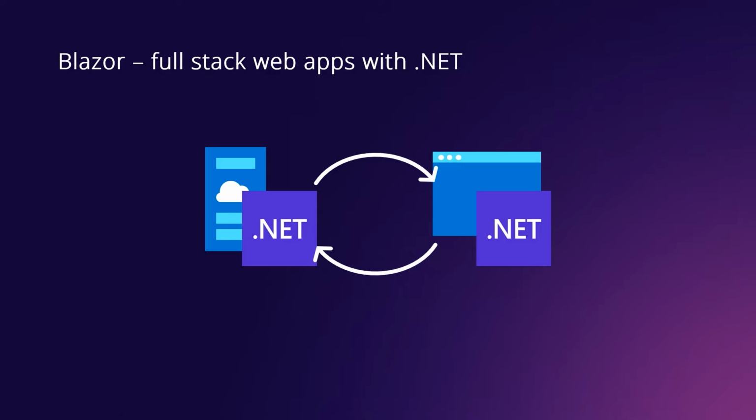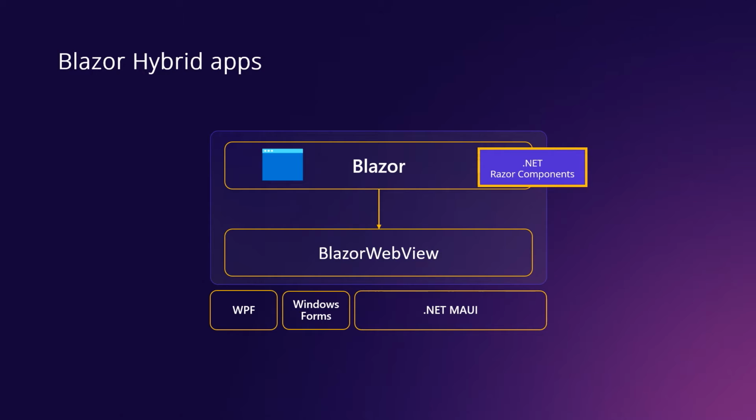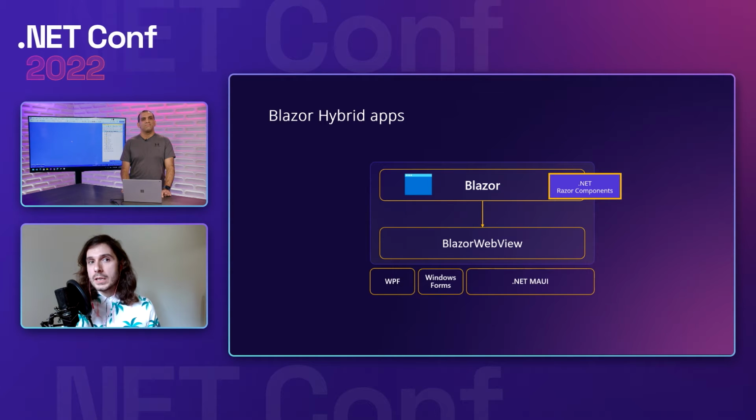So you can build and deploy on the server with Blazor Server or directly in the browser with Blazor WebAssembly. And we're going to talk about the third option for Blazor that doesn't require the server and doesn't require WebAssembly at all, which is Blazor Hybrid. I wouldn't actually call it really a third mode of Blazor. I think when you and I talk about it, Alon, it's really like bringing the ability to